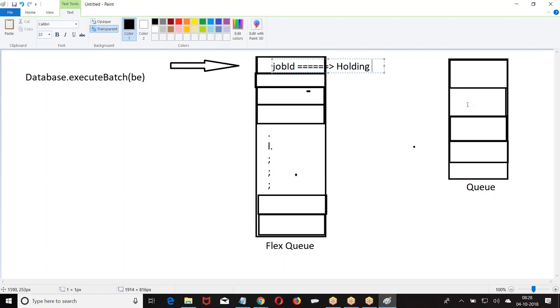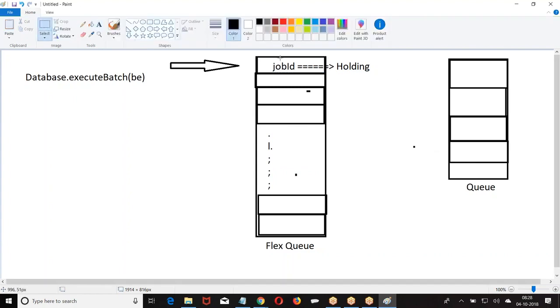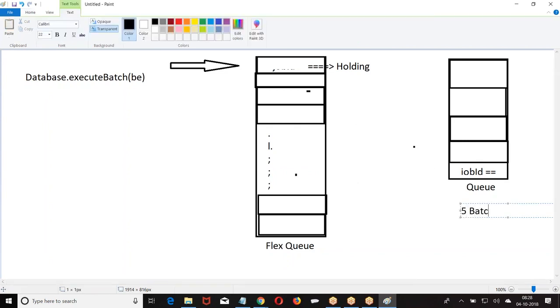Then, if the queue is free or the resource is free, what happens? This job will be removed from here and added to the queue. If the required resource is available and the queue is free, this will happen. Why the queue is free? Because only 5 jobs can run at a time. How many batch jobs can run at a time? Only 5 batch jobs can run at a time.